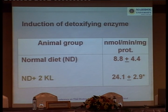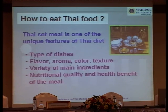So from the evidence I showed you, just a few more slides to let you know how to eat Thai food. If we are Thai, we know that in the traditional way we have a meal together, and there are many kinds of dishes in the center of the table, and each person has their own rice dish, and we take any kind of dishes that we like. It depends on your family. This kind of eating pattern, I think, is very important, because you can have a variety of Thai dishes,